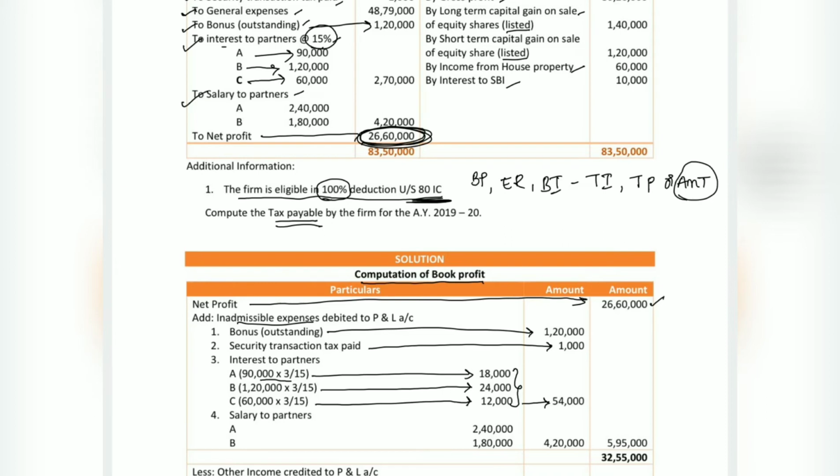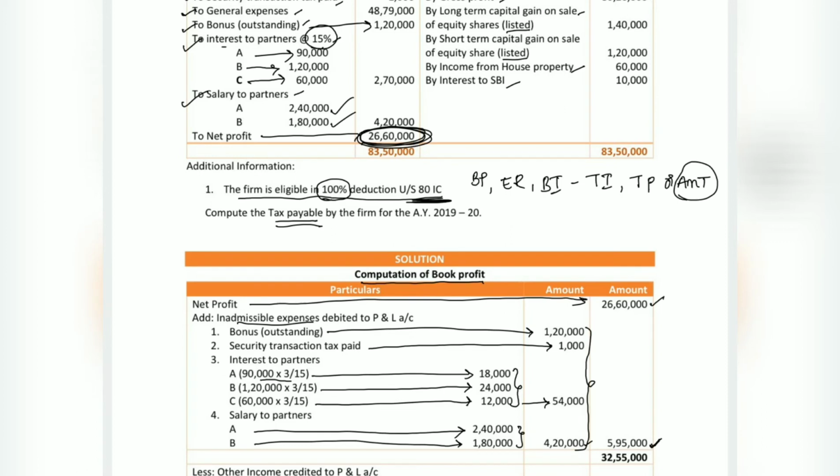So the next point we have is salary. Salary, as usual, is inadmissible. So salary to partner A is 2,40,000, and salary to B is 1,80,000. Both the values we have considered, the total of both the partners' salary is 4,20,000. So summing up all the inadmissible expenses, we will get 5,95,000. Your net profit is 26,60,000. Adding all the inadmissible values, 5,95,000,